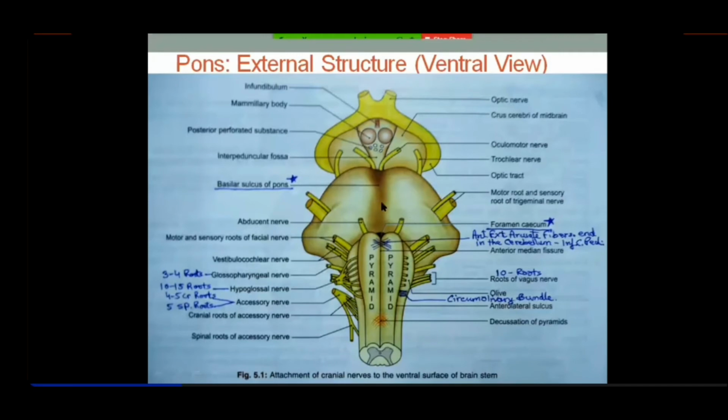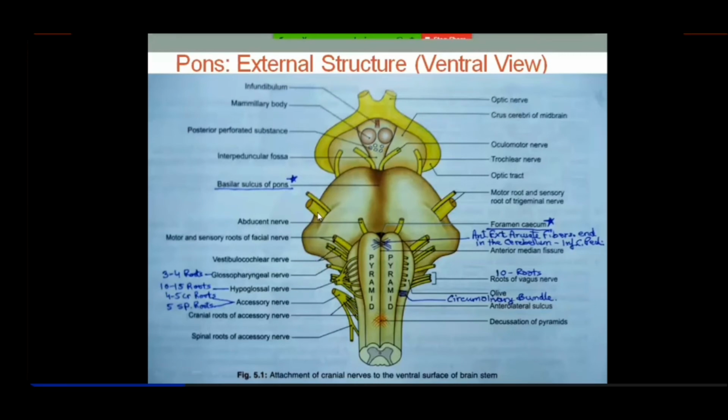Got it? And this portion, the lower limit of the pons where it reaches the pyramids and then the olives, is the pontomedullary junction. From this you can see that at the lower end of the pons there is the abducent nerve. Then you have the facial nerve with the nervus intermedius, that's the sensory component, and it will be laterally placed. M for motor, M for medial. So the sensory component of facial is laterally placed, that is nervus intermedius. Then you have the vestibulocochlear nerve, and out of those, the cochlear will be laterally placed.